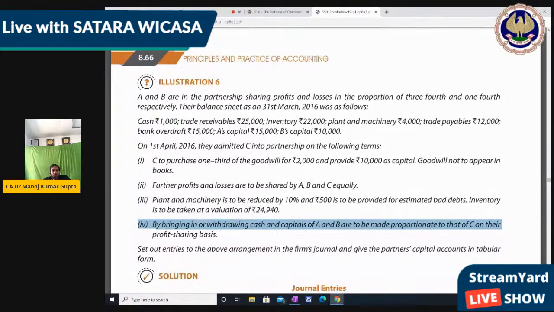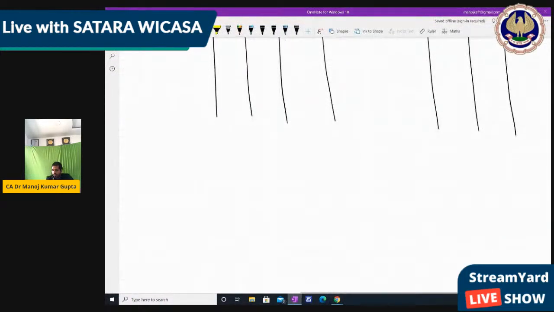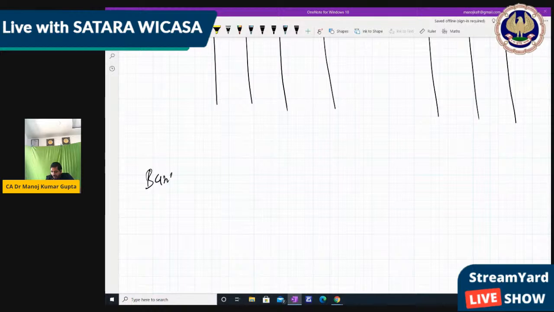So what we do, we just pass an entry for this transaction, right? What they say: C purchases 1/3 of goodwill for 2,000 and provides 10,000 as capital, meaning 12,000 he will bring overall. So what entry can we pass? Cash/Bank account debit